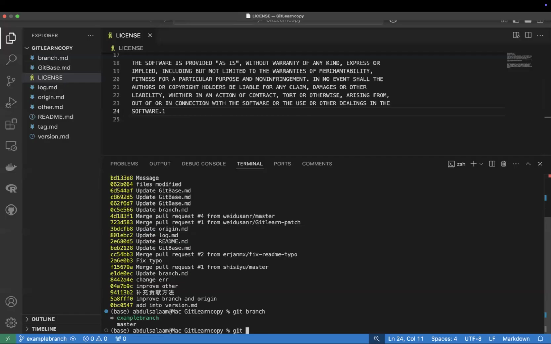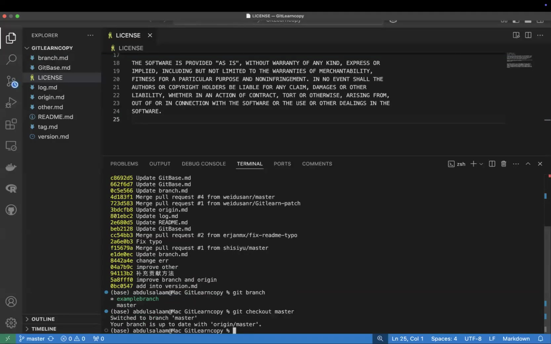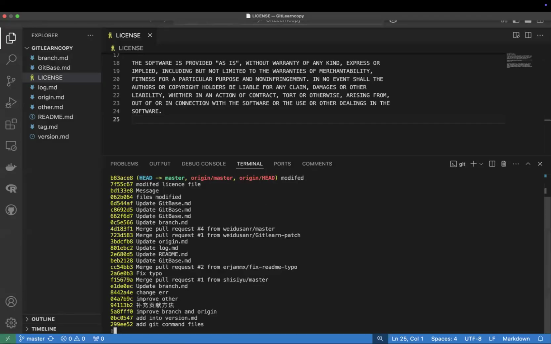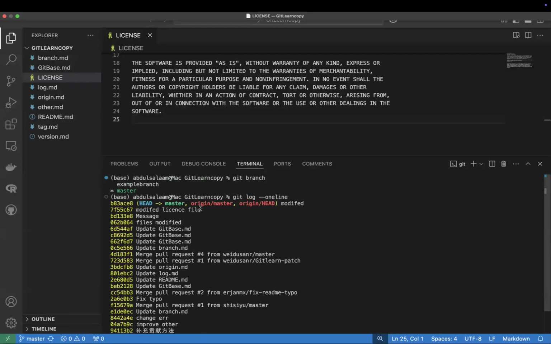That's my mistake, I haven't switched to master branch. Let me switch to master, git checkout master. So I'm in master branch now. Clear, git branch. So now run that git log. If you understood this concept of branching, you will understand what I'm going to show. Did you understand? I'm now in master branch, and I'm running git branch,